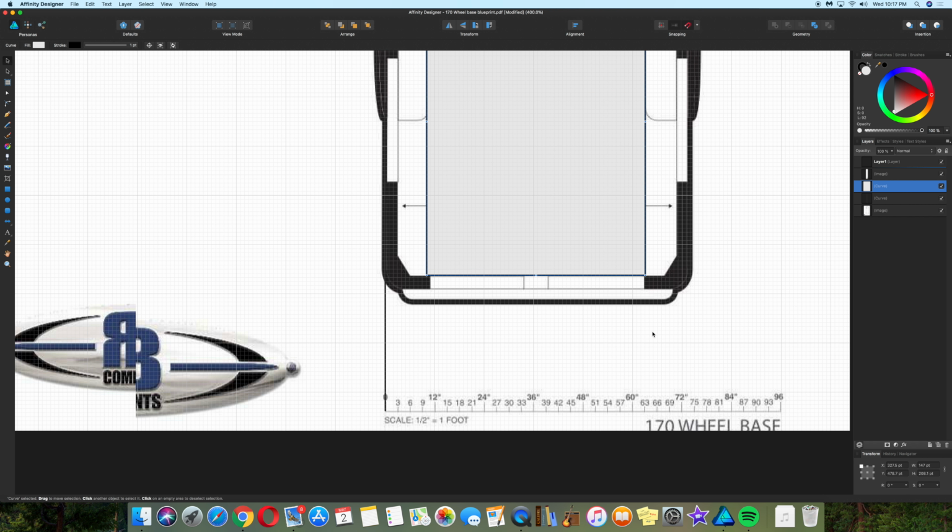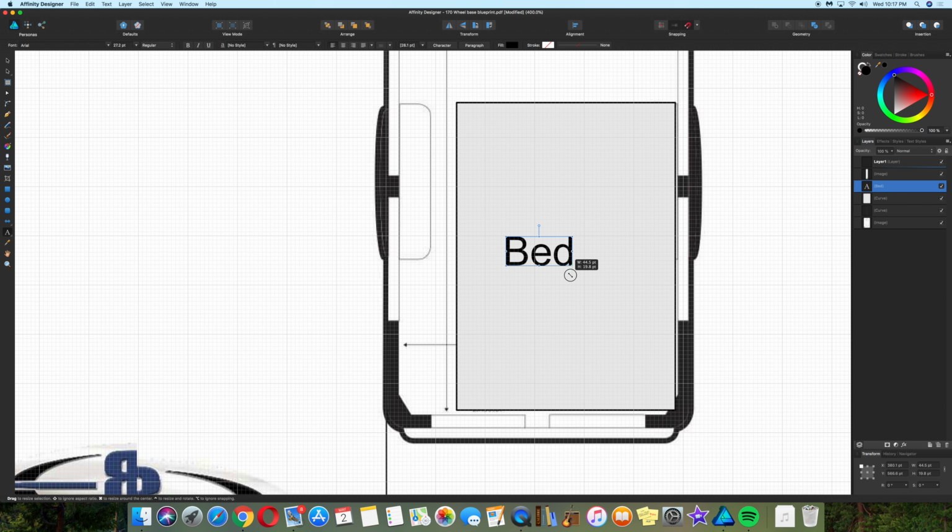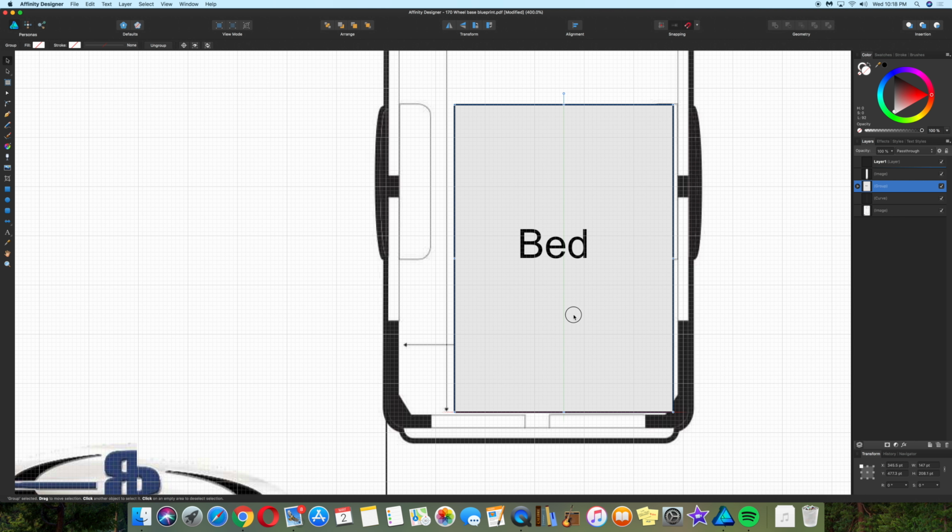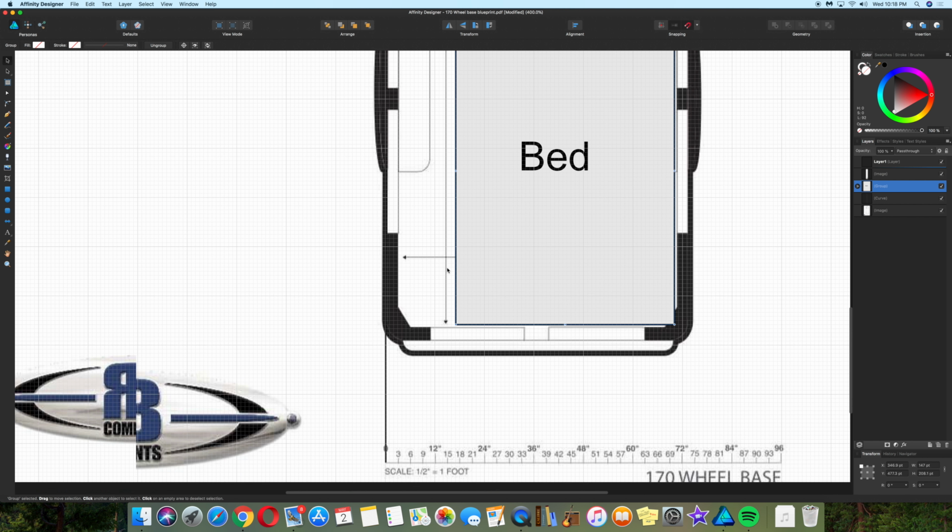You could go to the text tool. That should be clear enough. Let's get moved to the middle. You could press Shift, select this and the bed, right click and group this so it becomes a single item. You could drag it around where you like. And basically just like that, you continue with measuring out the rest of your van, and you will end up